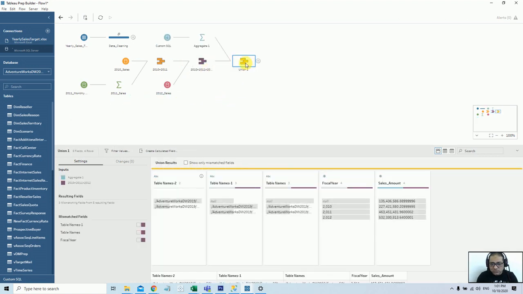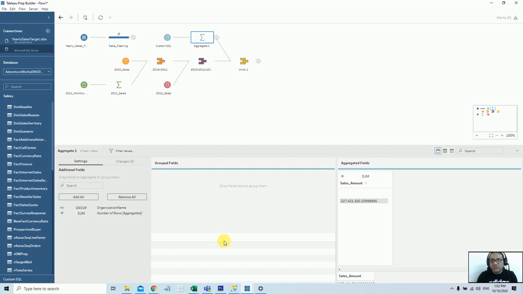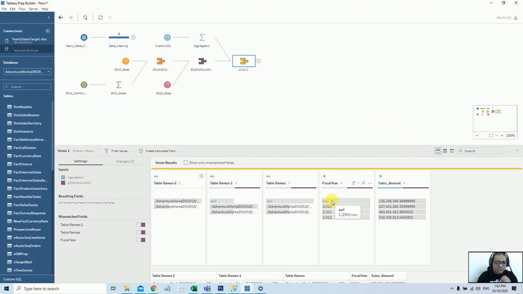As soon as you add it here, it populates the null. If you see this null, where is it coming from? It is coming for this aggregated value, because it has only a value, it does not have the particular year, right? Because in the actual select we have organization and all the sales data, but from the script we already know, or if you have a file, you already know that this particular data set is only for 2013. So how to resolve this? You just come here in this particular level, you just write 2013 and it resolves your issue.